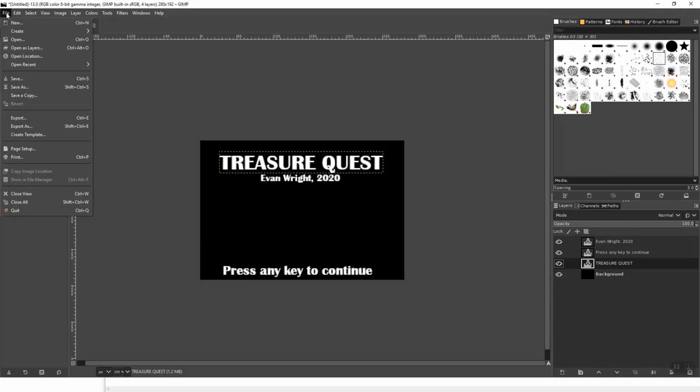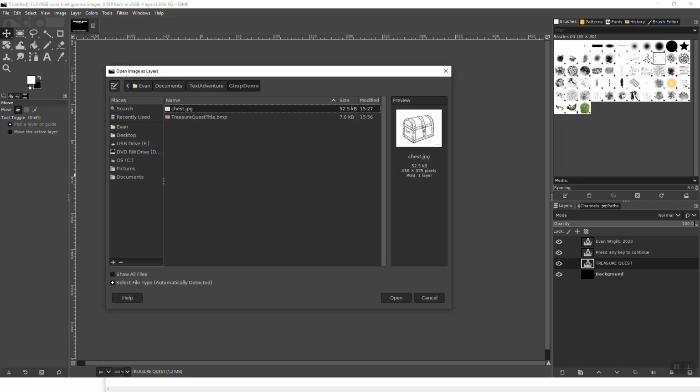That I can do using the File menu. And I'm going to say Open as Layers. This is going to open up a file, but it's not going to make it a new image. It's going to make it a layer in this image. So I'll say Open as Layers. And I've got, okay,